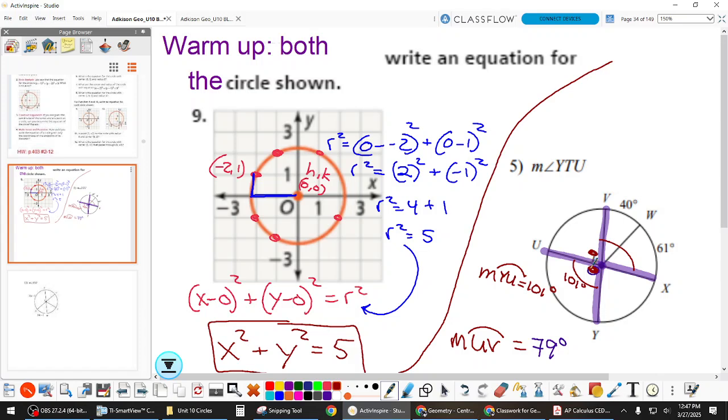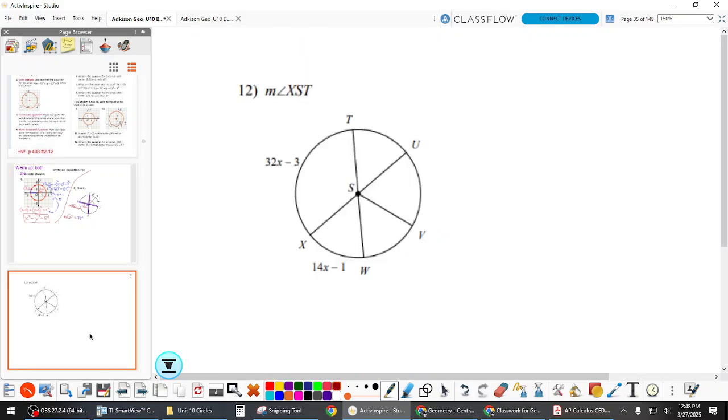They are supplementary. Since there aren't parallel lines, we're not going to say the same side or alternate ones. So these are a linear pair because they form a straight line, and so they are supplementary. So you could have also done that, like 101 plus this one is 180, so that makes this 79, and then go out from there. So either way, just wanted to remind you of the linear pair because those come up in these kind of problems. And then let's look at this one because it has some algebra in it with the